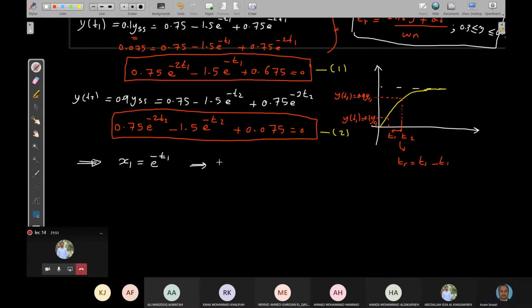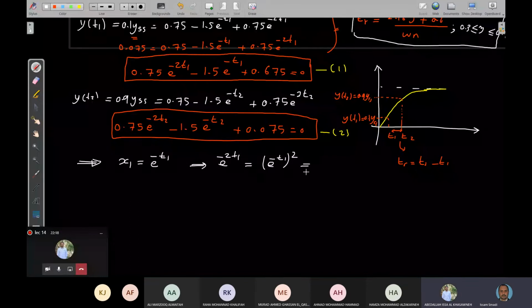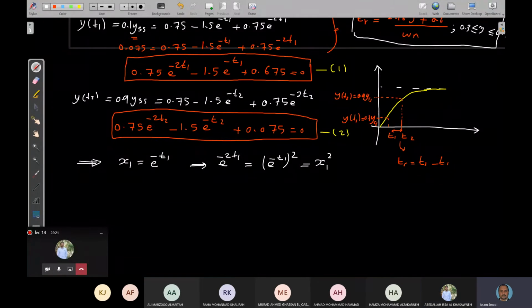Then exponential minus 2 t1 equals what? Someone will say it equals exponential minus t1, all squared, correct? So this one equals what in terms of x1 now? x1 squared, thank you. So now what I'm having, the first equation will read as